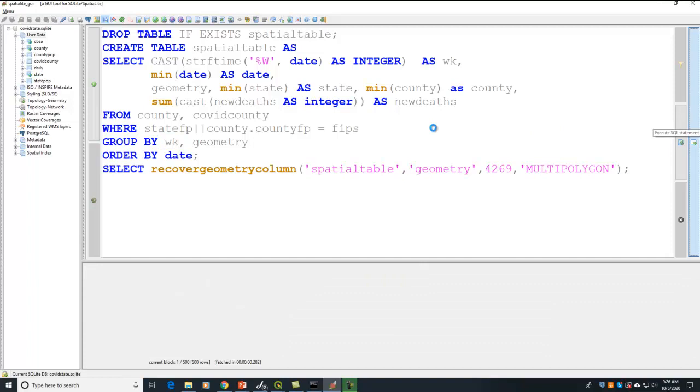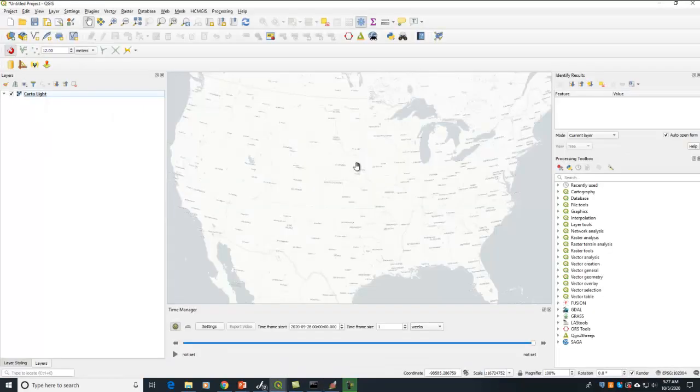And we'll let this run. And you'll see this takes a little bit longer because, again, we're not dealing with 50 records of the state. We're now dealing with about 3,200 records of all the counties. And that took about 6 seconds. Well, what we'll do now is